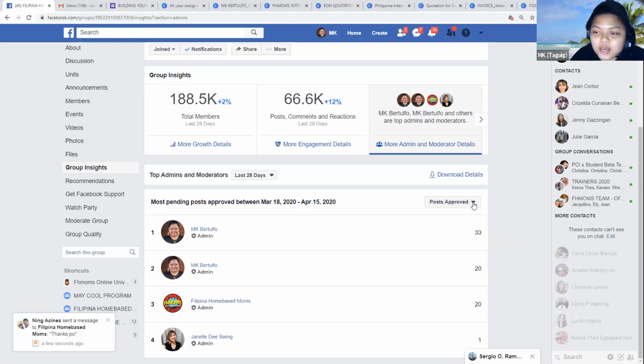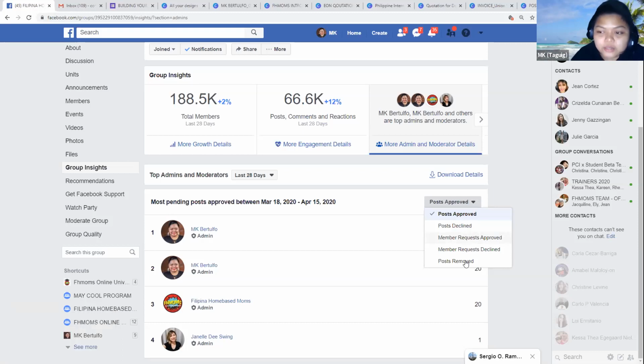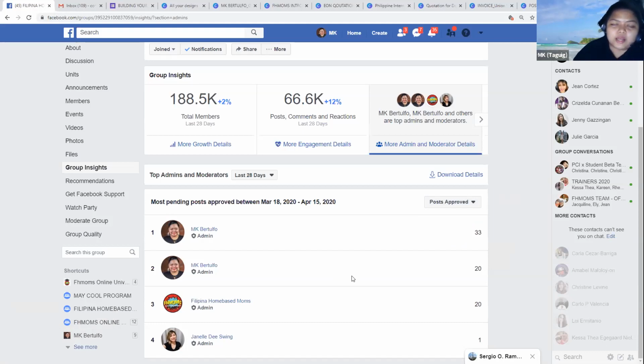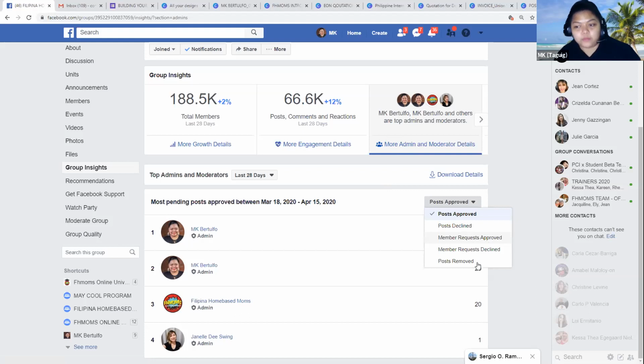So dito niya siya mag-remove or mag-approve. So ito lang rin yun basically. So pinadali na ng Facebook yung mga trabaho nyo to check kung may ginagawa ba talaga yung mga moderators nyo. Kung pare-pareho kayong volunteer, for example, or pare-pareho kayo na owner ng inyong Facebook group. And also, as per your client naman, if you're working with them as their community manager, makikita nila kung ano na yung mga na-accomplish nyo using this feature.